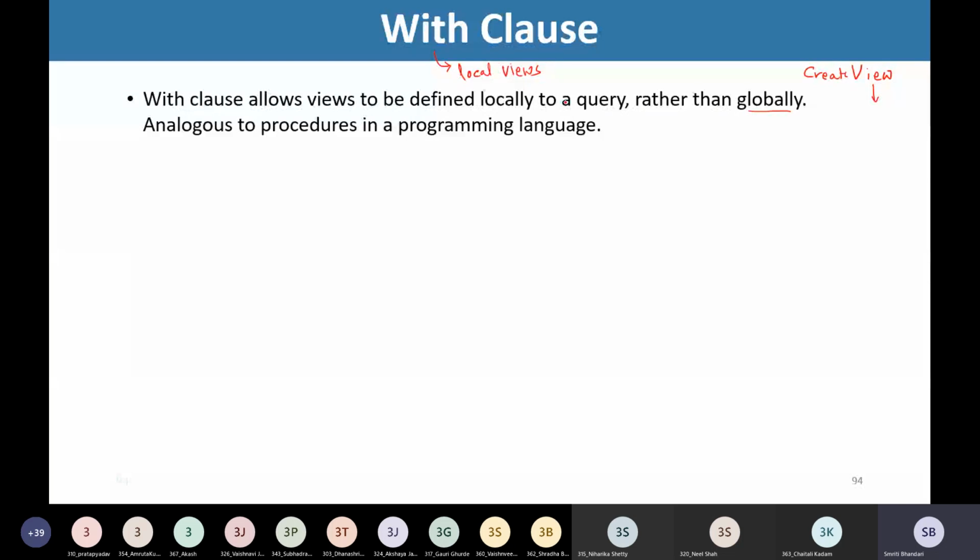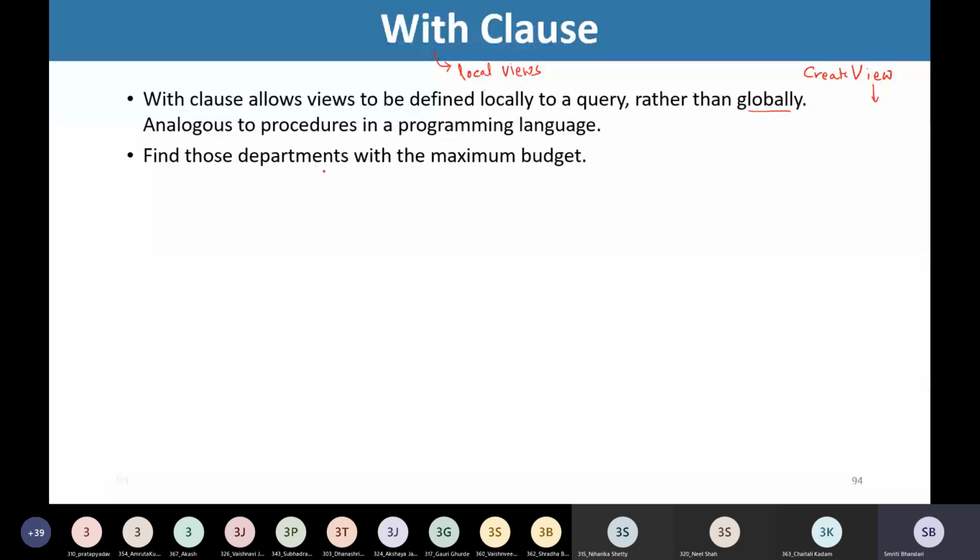But for whatever query we are writing, we may write a statement using the with clause to create a local view or a temporary relation that is locally available to write that particular query. So it is analogous to procedures in our programming language. Let me give you one example so that you can understand this concept better.